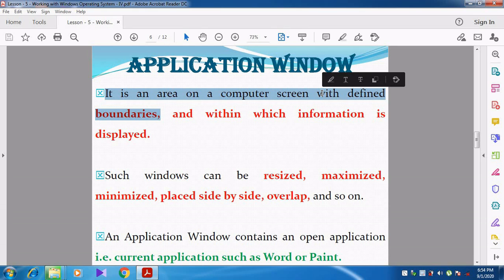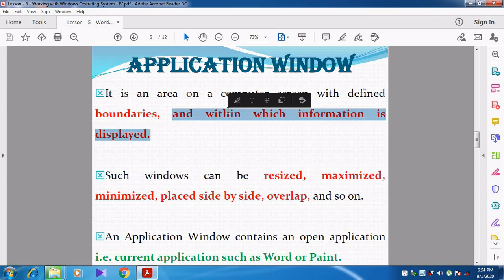It will contain four boundaries: top left, top right, bottom left, and bottom right. Within the boundaries only the information is displayed. The information is not displayed beyond the boundaries.